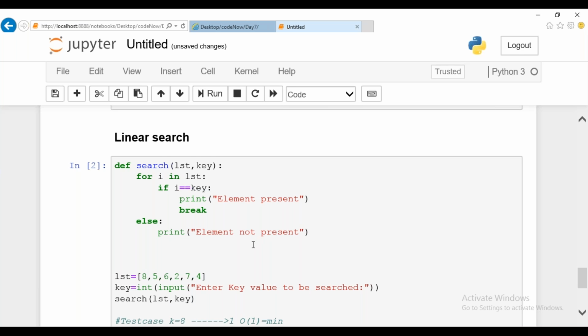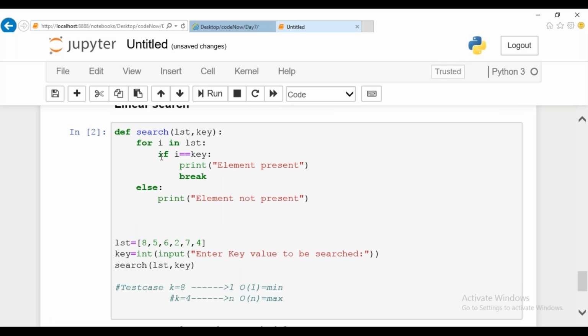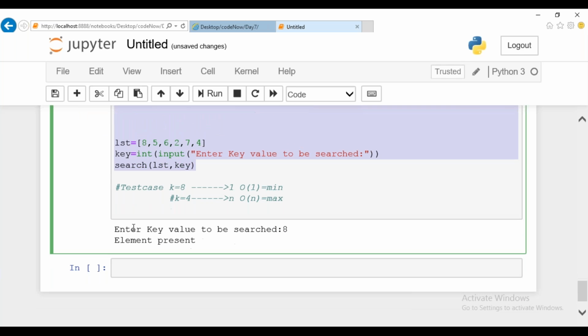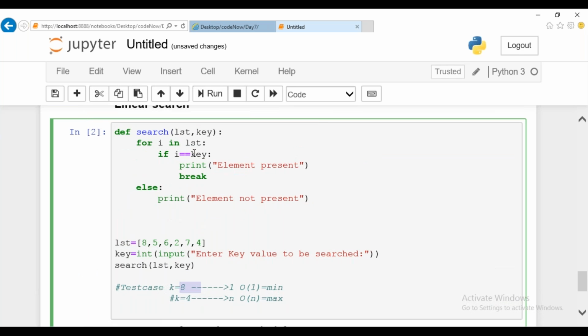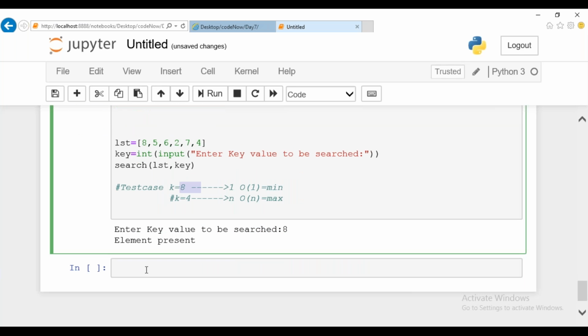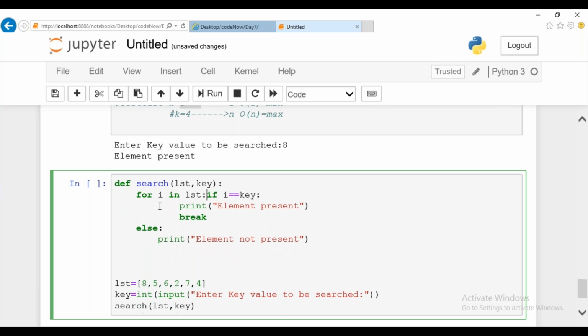Okay. The same program can be written without using a for loop also, just by using the in operator. So let me write the same program without using a for loop. Just for calculating complexity, I have used a for loop here, and I have to show you. In Python, there is one operator called the in operator. I guess you might have come across it. That is nothing but the membership operator, right?